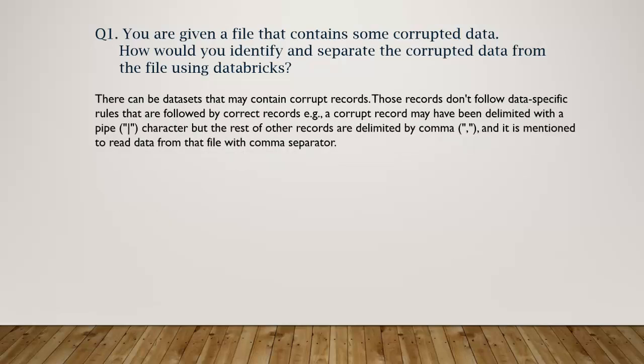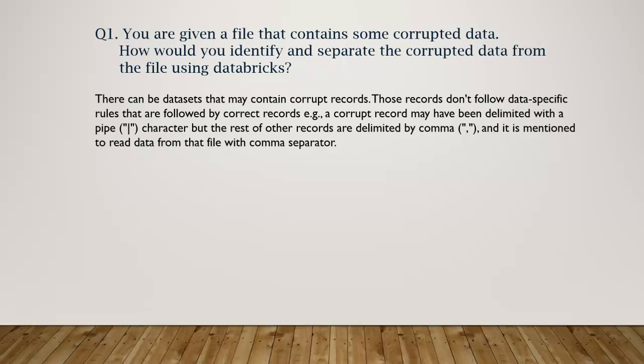So the answer will be, there can be data sets that contain corrupt records. Those records don't follow data specific rules that are followed by correct records. For example, a corrupt record may have been delimited with a pipe character, but the rest of the records are delimited by comma, and it is mentioned to read data from that file with a comma separator. So you have a rule that you'll get a file with a comma separator, but sometimes you get a file